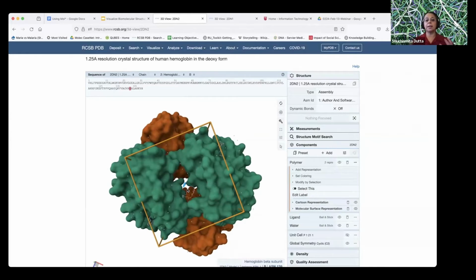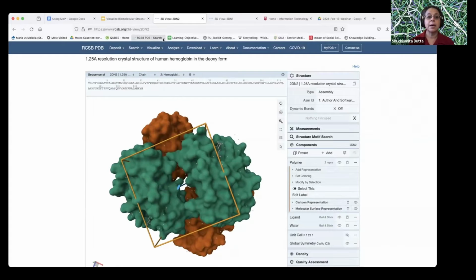And so this is a very easy way to demonstrate to your students or for your own exploration purposes that